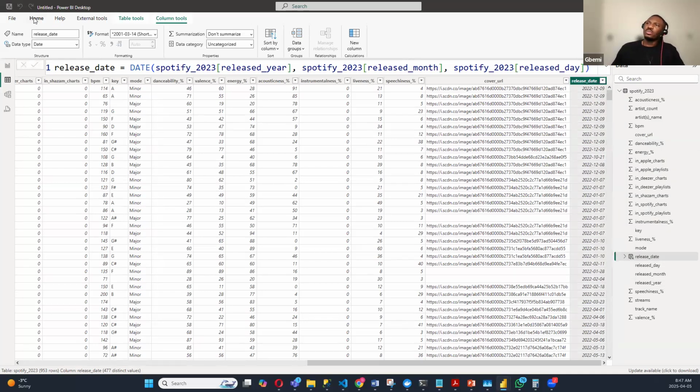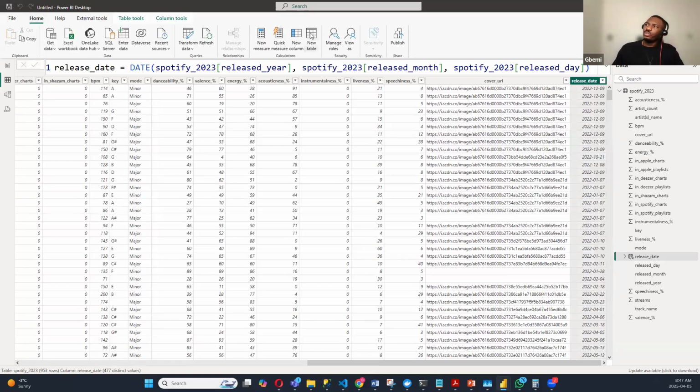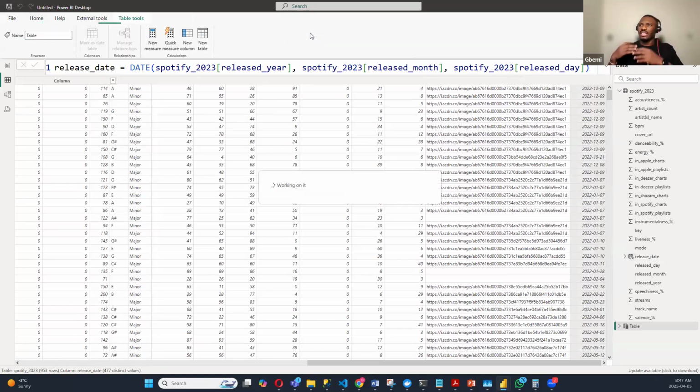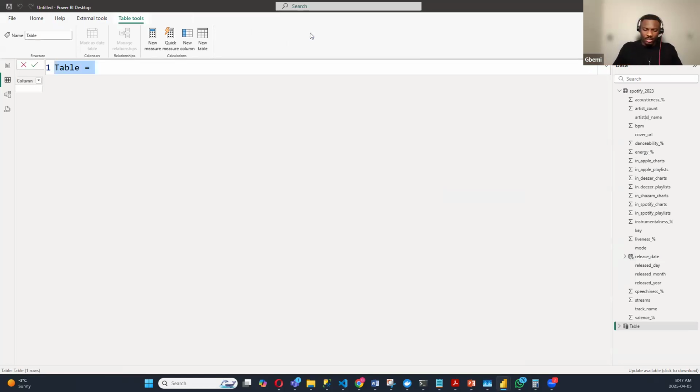Anyway, okay, so let's click on home. Click on new table. Now we want to build a calendar table. Fine. So I'll call it Calendar, is equal to. Now hold down your shift key. As a matter of fact, so we don't struggle with this,